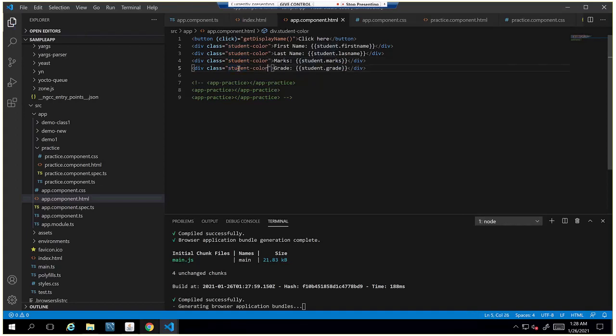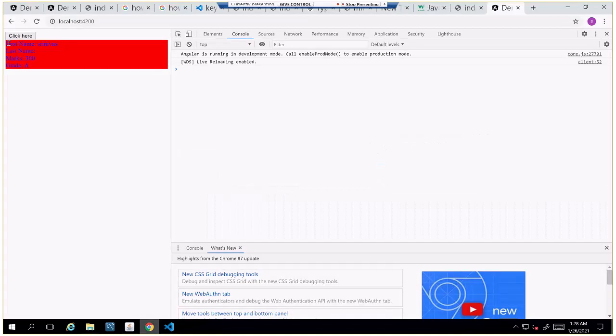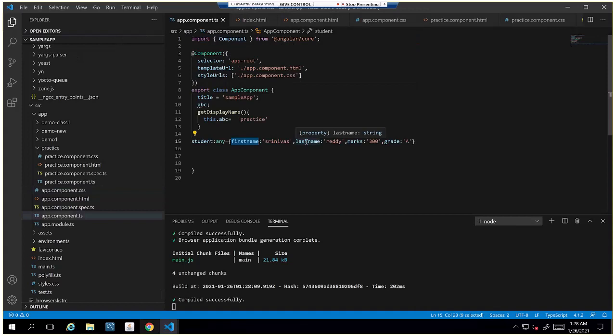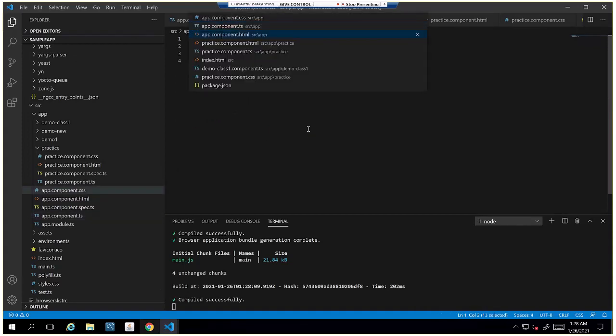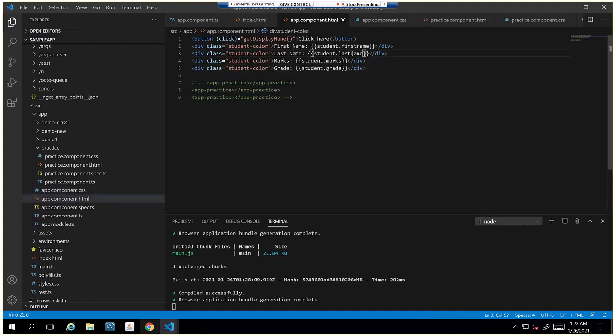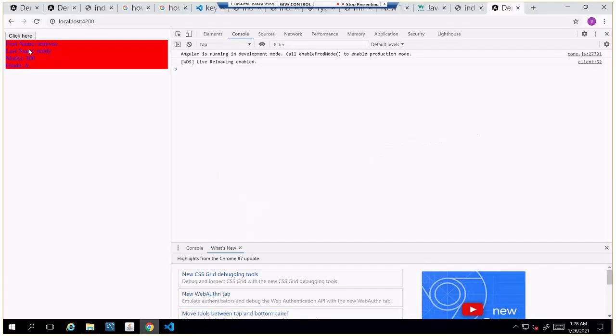So I will come here and see. It printed all the values, student and last name. There is a problem with the last name. Check that. Last name, in my HTML file. Okay, T is missing. Yeah, it printed all the details of mine.